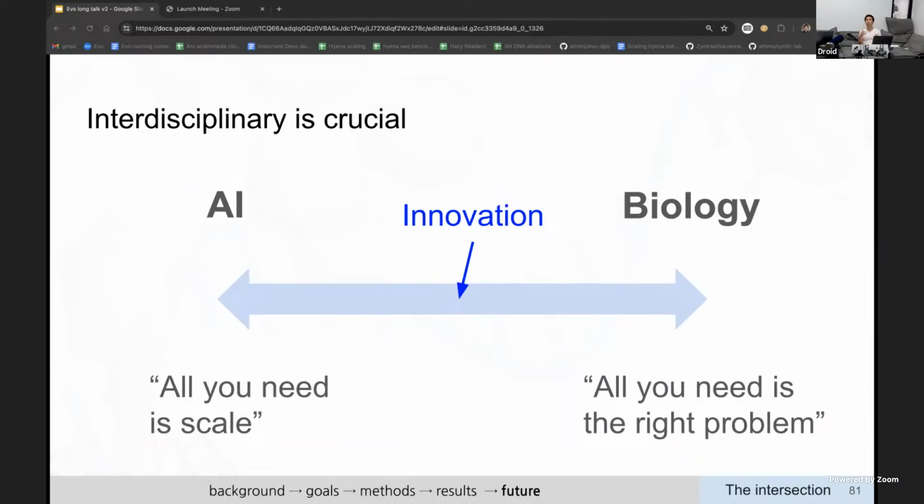But whatever we do work on next, I do firmly believe that it's going to need to be at the intersection of two very distinct areas to be able to drive innovation, right? So there's folks on the AI side who believe that scale is all you need, right? Just throw more DNA and more compute at it, and you'll solve biology, right? And then there's folks on the biology side who are more agnostic to the methods. They're just like, architecture doesn't matter. If you just choose the right problem, then that's the real question. Like, what are the right problems? But I really do believe that it's going to be a mixture of both of these that's going to really move the needle and accelerate discovery.